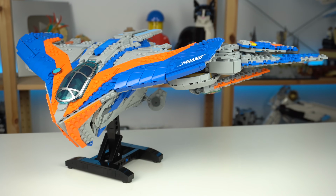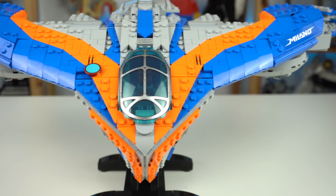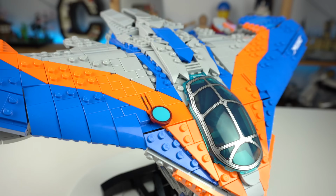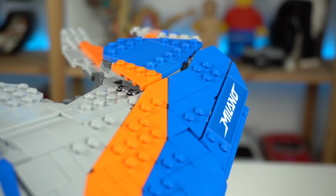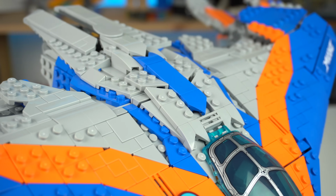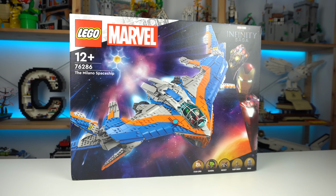And OMG, this thing looks hot. Like seriously! You can see that a lot of care was taken into designing this thing, especially when checking out all of the subtle angles of the front-facing side of the ship. It was a joy to put together, and given the complexity of the building techniques used to get all of these angles going on, if the box was all black and the age marking was 18+, I would